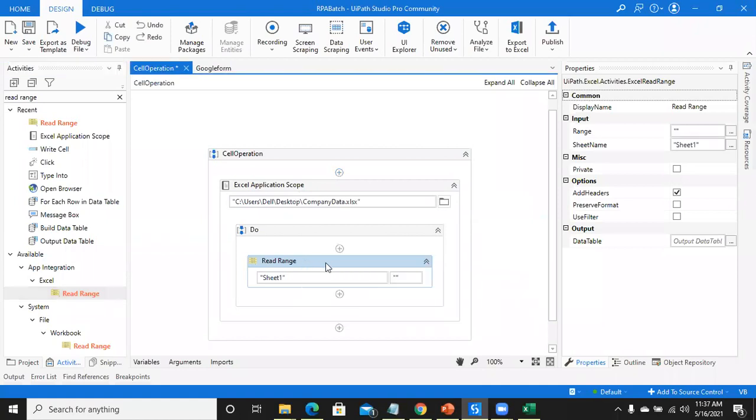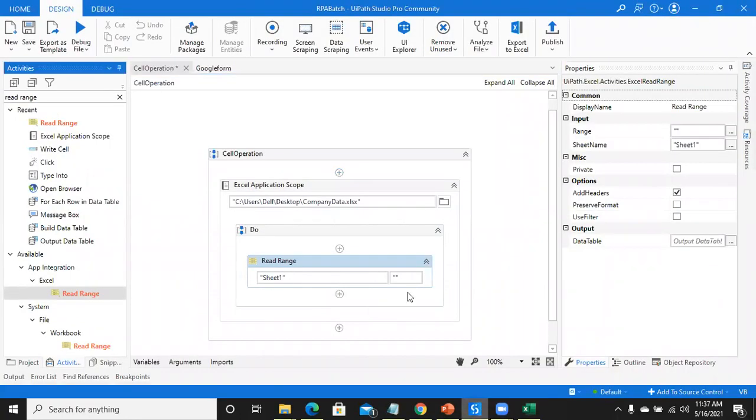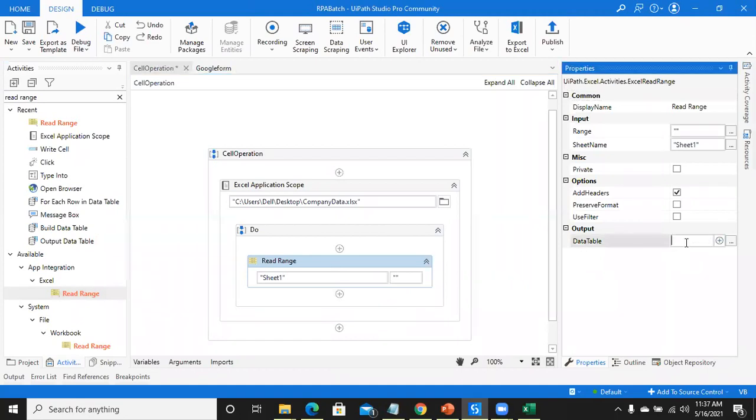Now we have read the Excel sheet, Sheet1, but we need to store that Excel data somewhere. So we are storing this Excel file's data in a data table. We are declaring a variable as a data table by pressing Control K and naming it read data table.